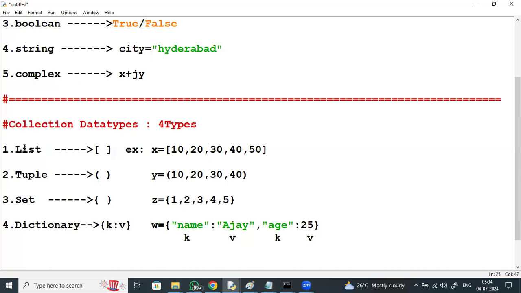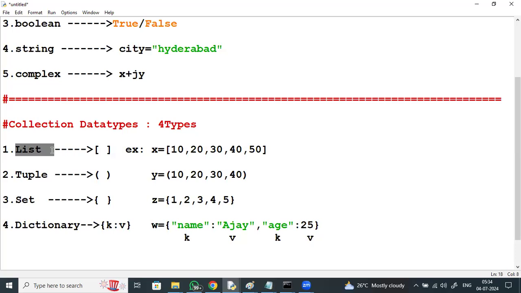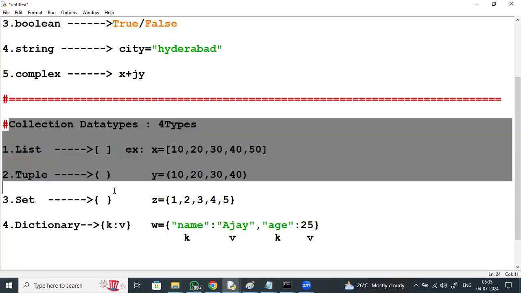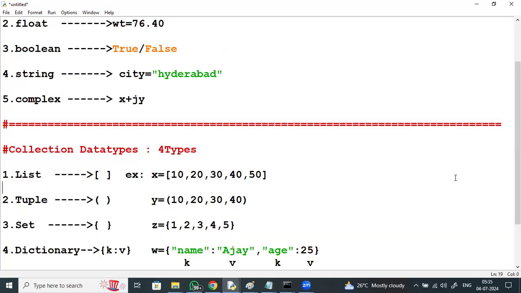So we have got a lot of discussion on these collection data types like list: list properties, list indexing, list slicing, list functions, list methods, list addresses, nested list, list modifications. Similarly for tuple, set, and dictionary, for nearly one week we'll be discussing these collection types. Then what is the difference between list, tuple, and set? The main difference between list and tuple is